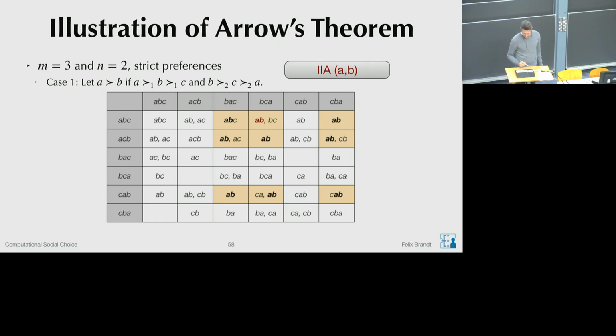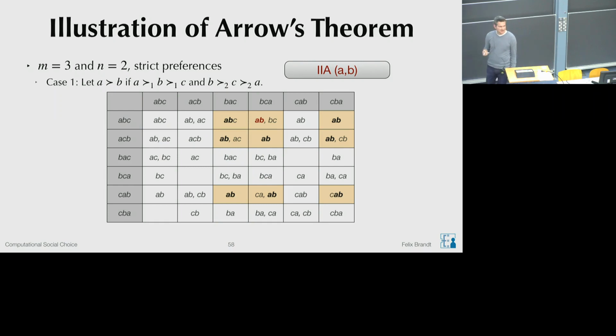Okay, now for this thing here, let's again look at this particular profile where we made the case assumption. We can also deduce something from the definition of a social welfare function. It sounds a bit fancy, but it's really quite straightforward. So we know that collectively A is preferred to B and B is preferred to C. So the consequence would be, yes? Yes, A is preferred to C, and what I meant by the definition of a social welfare function is that